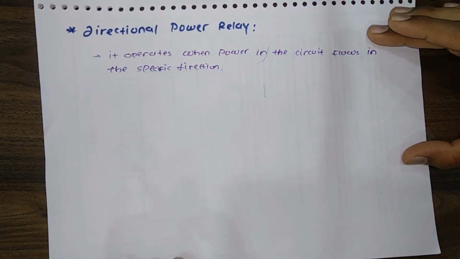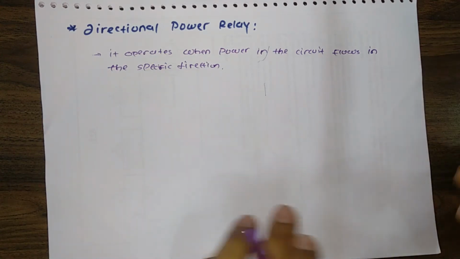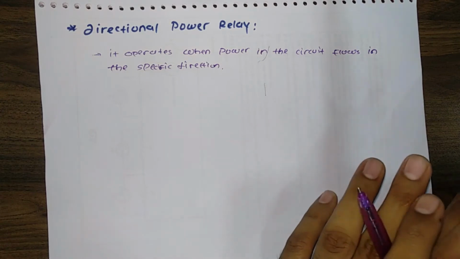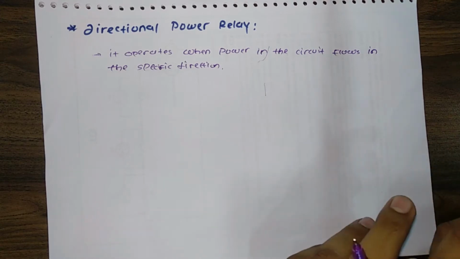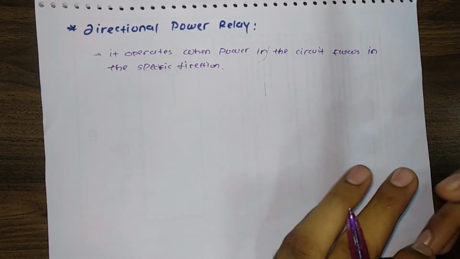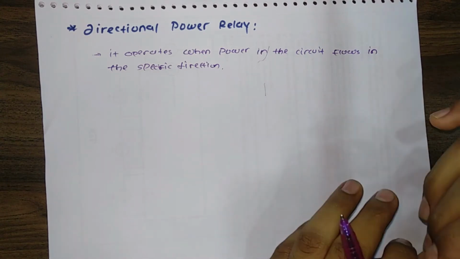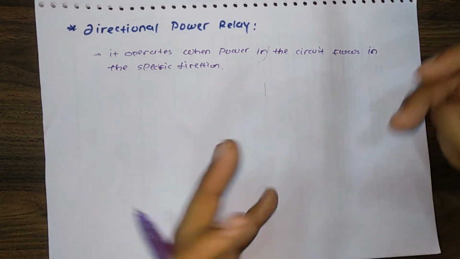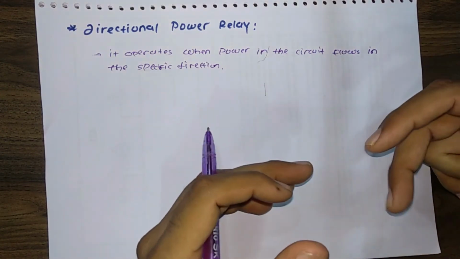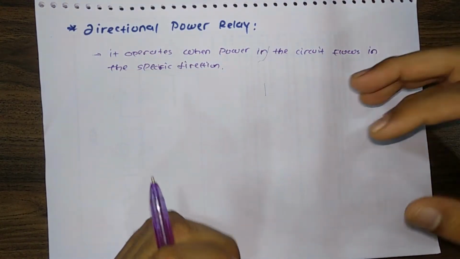The construction and the principle of operation of the relay is similar to the induction type watt-hour meter relay, but there is a basic difference. In the watt-hour meter type relay, the torque is produced due to interaction of two fluxes produced only by the current derived from the secondary of the CT, while in the directional power relay the torque is produced due to interaction of two fluxes produced from both voltage and current of the circuit. So the relay has two windings.